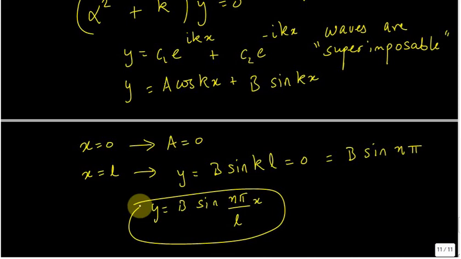Now n, again, if I put the value of n equal to 0, what would happen? No way, because for all values of x I would have y equal to 0. Again, I have eliminated one of the trivial solutions. So on physical grounds, the value of n can be equal to 1, 2, 3.